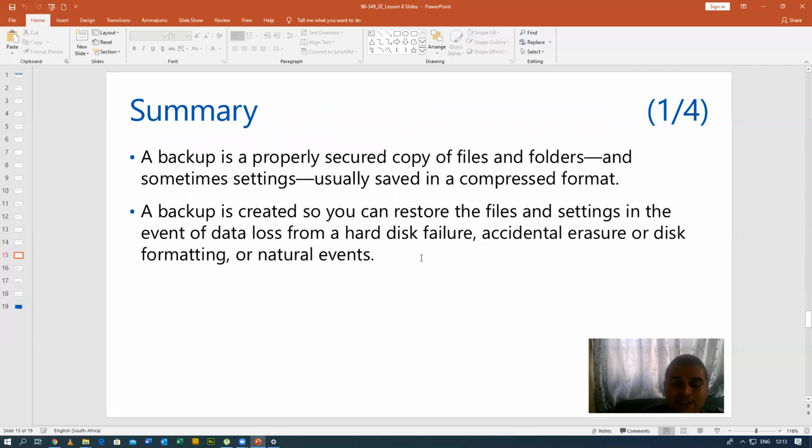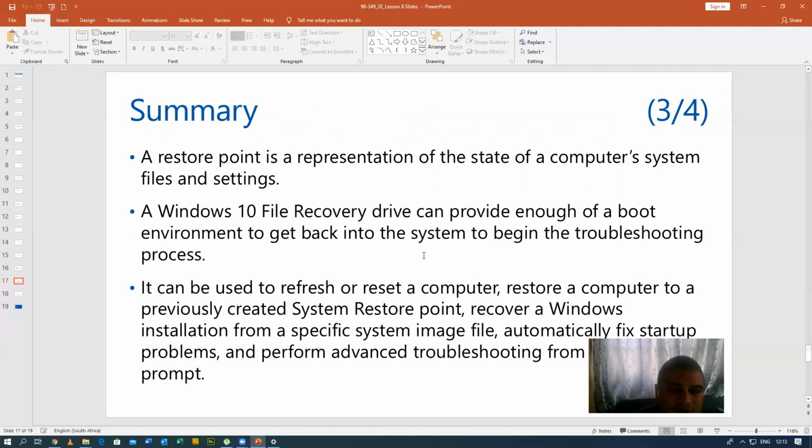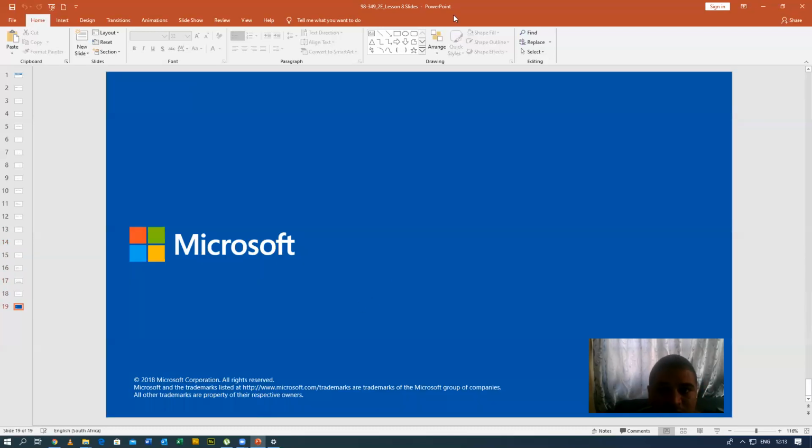We've concluded with the lesson summary, 1 of 4, 2 of 4. I'm going to share this information with you guys now. Let me just stop the share, and at the same time,